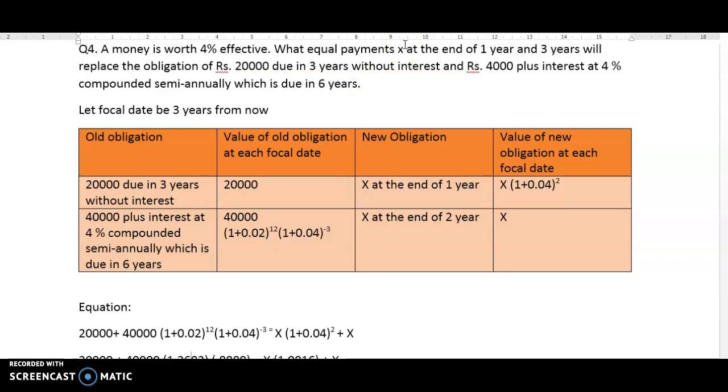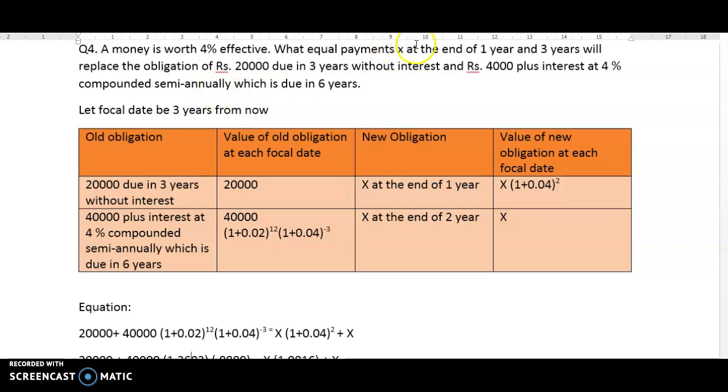You have to make two equal payments. Both the equal payments are assumed to be X. One payment at the end of 1 year and the next payment at the end of the third year. And these two equal payments will discharge the older obligations, that is 20,000 which is due in 3 years without interest, and rupees 4,000 which is due including this particular interest. Okay, so in this case what I have to do, I have to decide first the focal